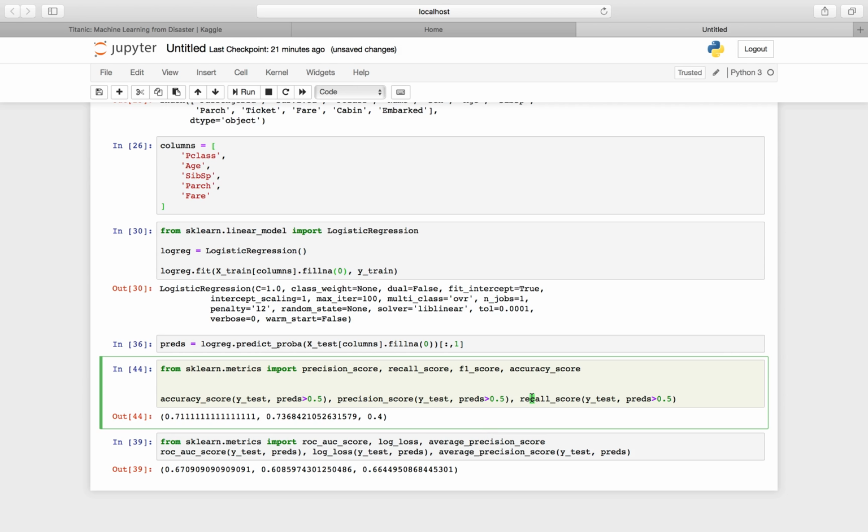This is important because we want a high recall, because if somebody survives, we want to also say he survives. And we want to find all of them. And precision is important because if we would just say everyone survived, then we would have a really good recall, but we would also misclassify all the